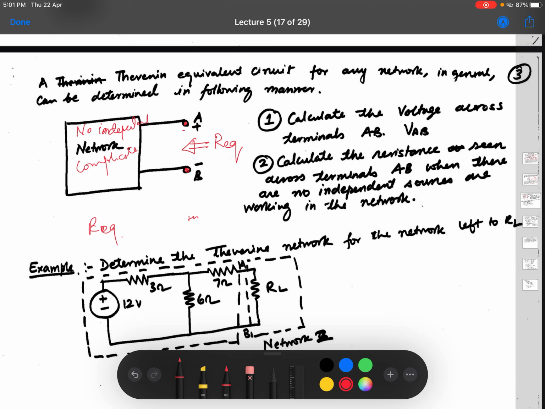So all the independent sources are removed from this complicated network, and when all the independent sources are removed, then we are left with only the passive elements as well as dependent sources, and in that presence we should be able to find out R equivalent, and that is the R equivalent for the Thevenin equivalent. Okay, so that is how you can find. So once R equivalent and Thevenin equivalent have been found, now it becomes a very simple circuit, and that is representing this whole complicated network as far as terminals A and B are concerned.